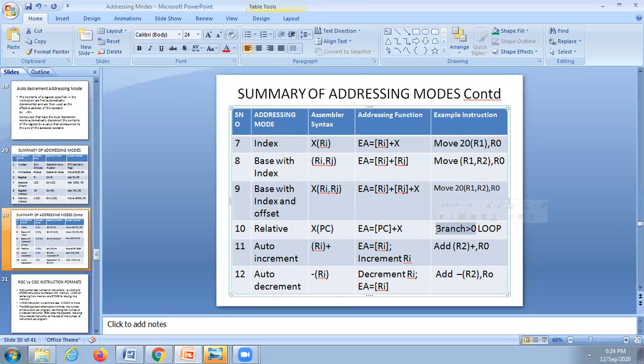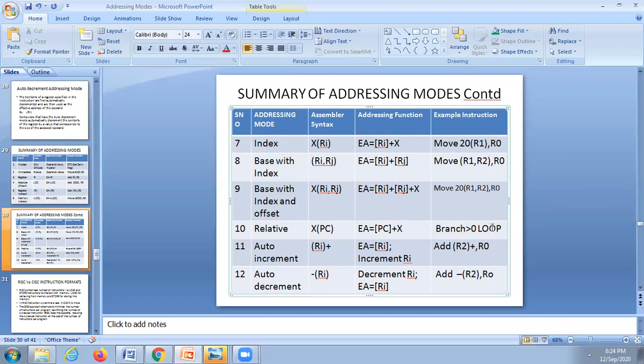If the condition is satisfied, you go to loop. That loop may be on the upper side of the current instruction, or it may be on the lower side of the current instruction. So that X may be either positive or negative, depending upon the label you are using.